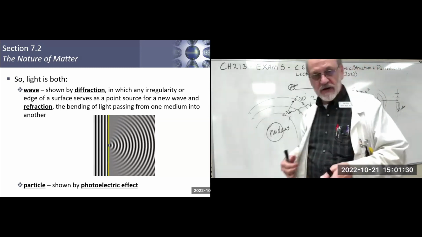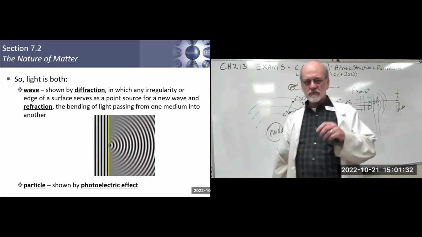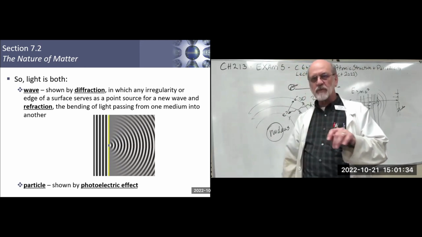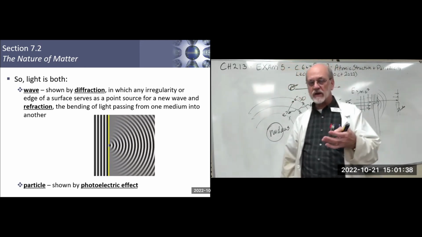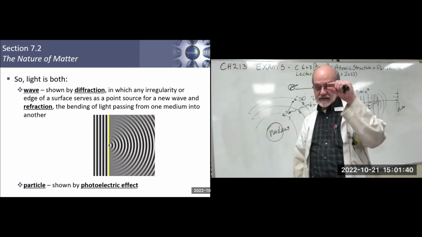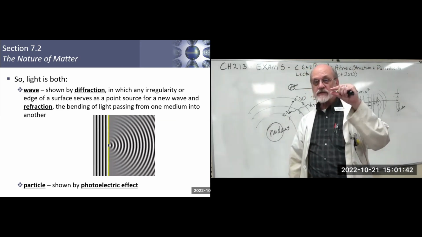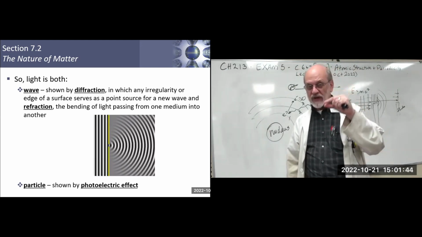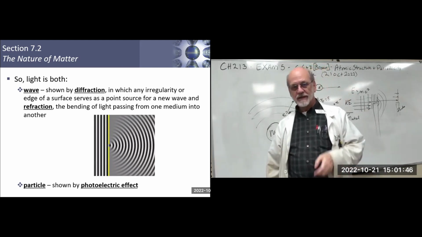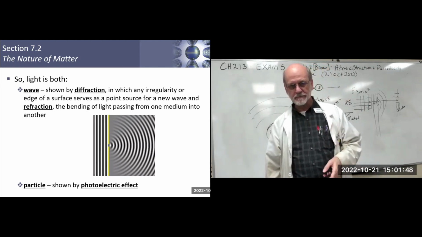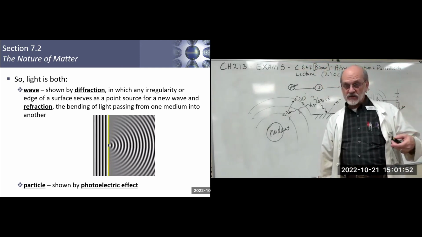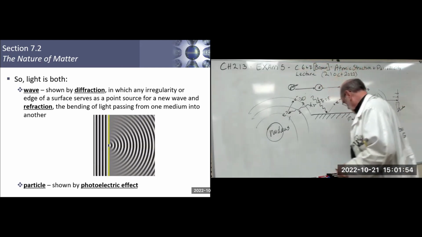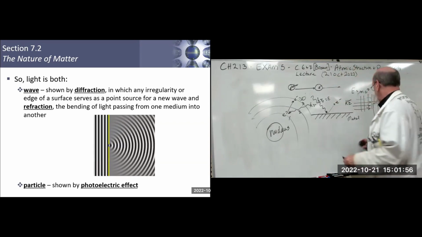And in this illustration, that wave, which looks like it might be ripples on a pond, hits this barrier, and the slit in the center serves as a point source for the new wave. That is diffraction. Refraction, which is the next characteristic of a wave,